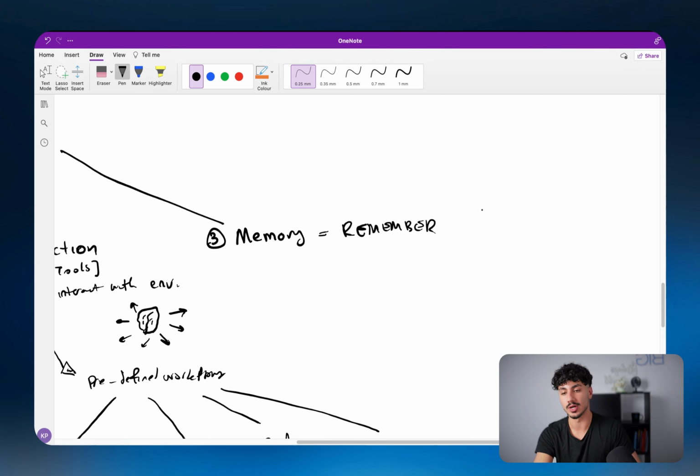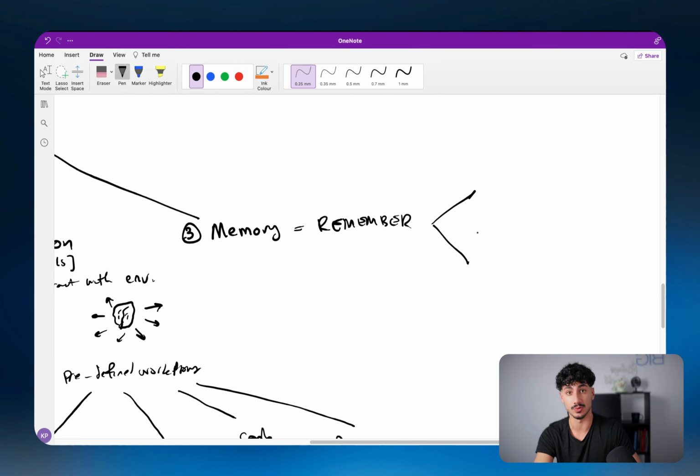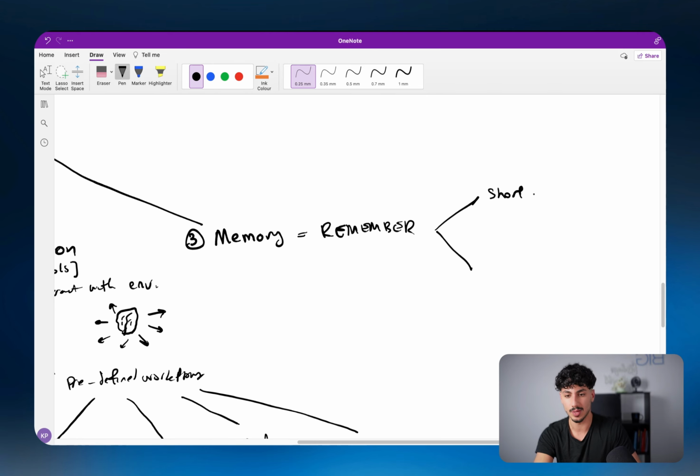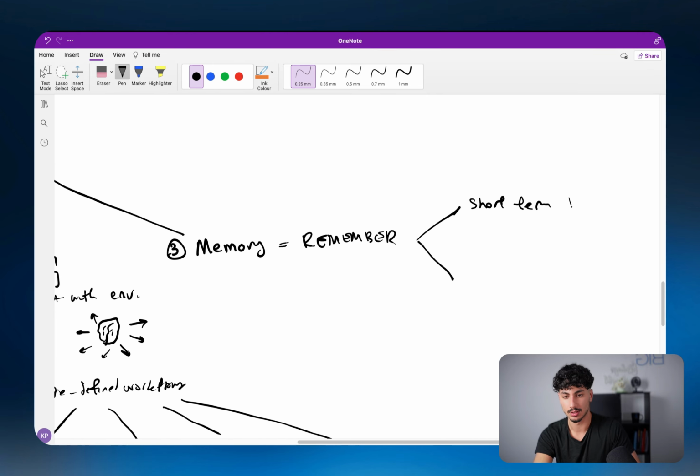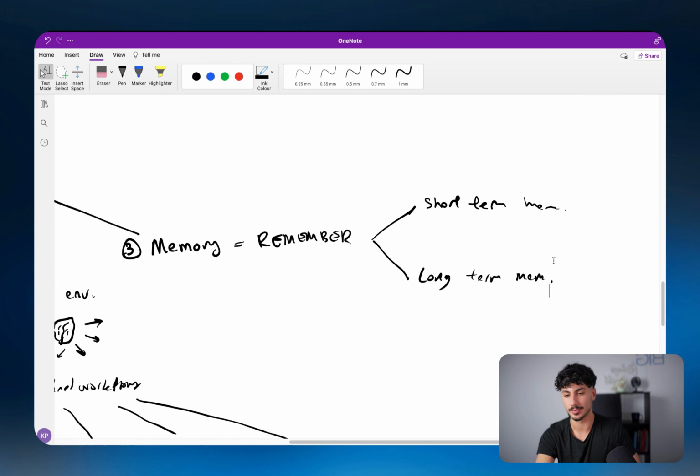When it comes to memory, there are 2 types of memory that are relevant. There's the short-term memory, just like a human brain, and also the long-term memory, just like humans, right?